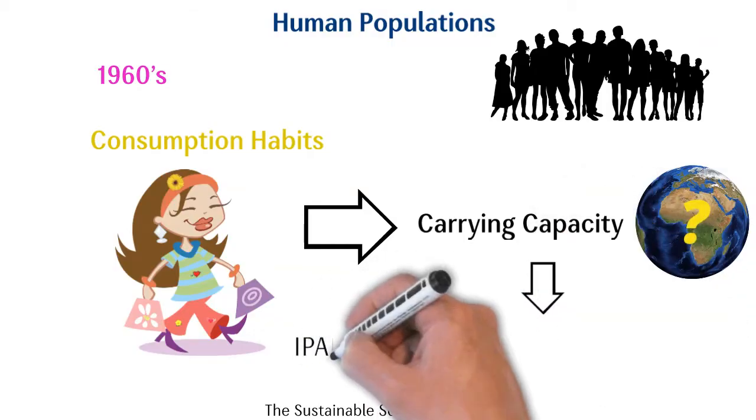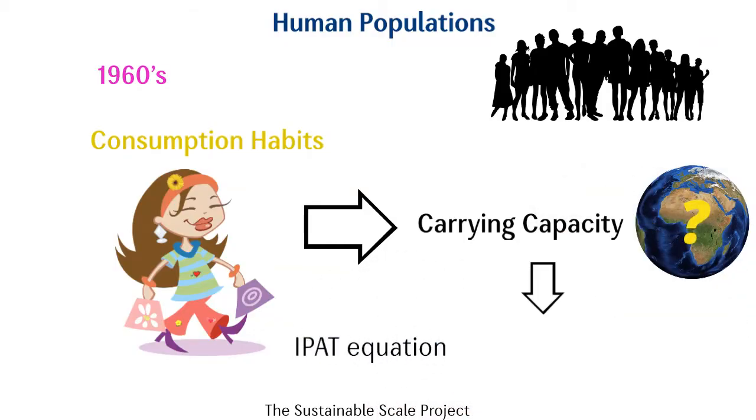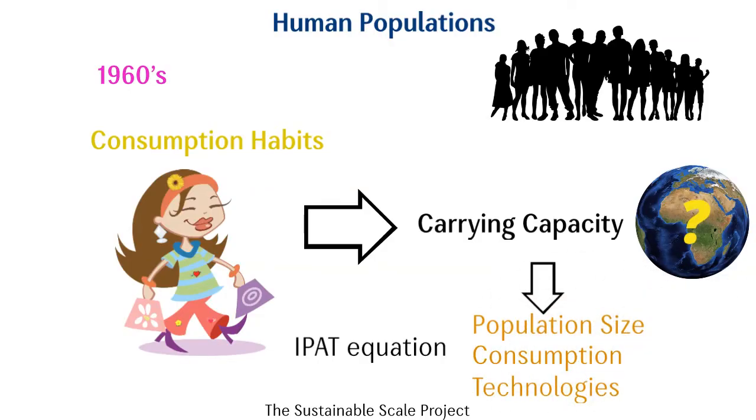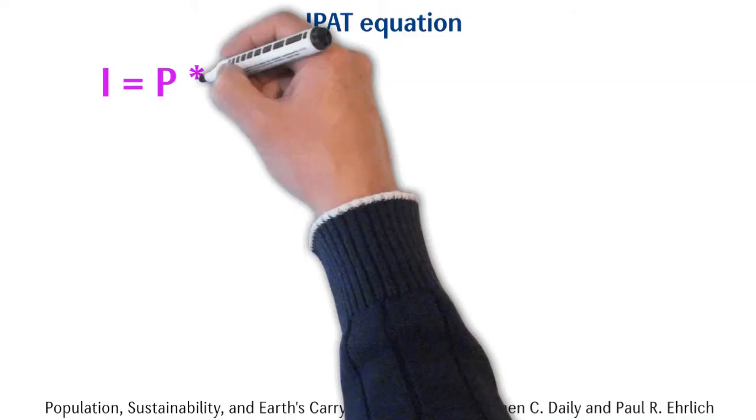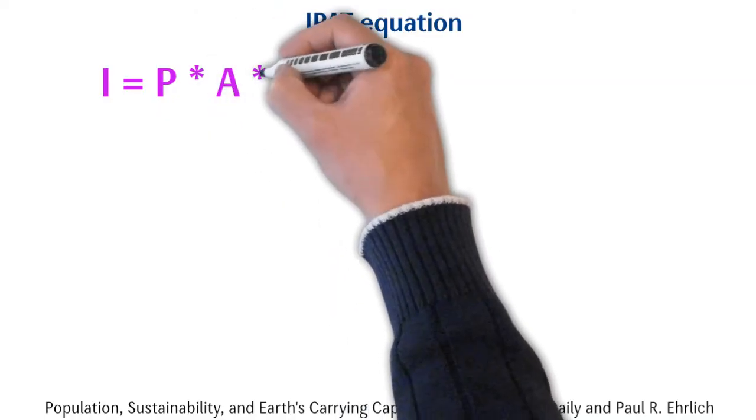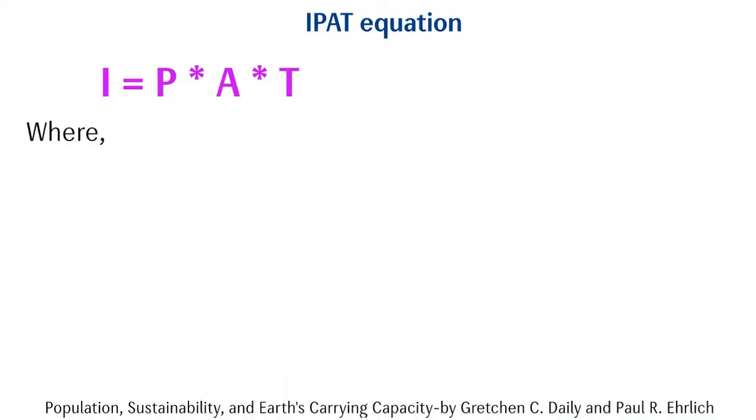This realization gave rise to the IPAT equation, which pointed out that carrying capacity for humans was a function not only of population size but also of differing levels of consumption, which in turn are affected by the technologies involved in production and consumption. The equation is I equals P multiplied by A multiplied by T, where I